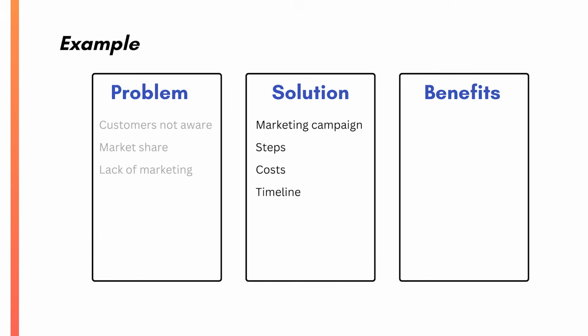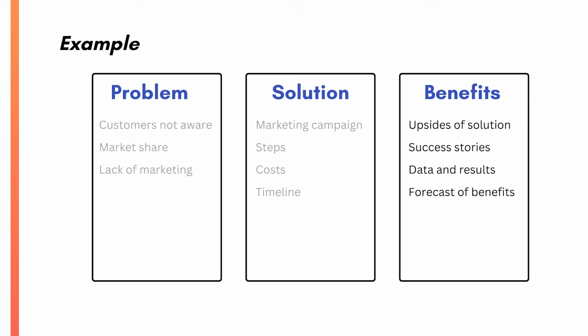In this particular speech, your solution is to recommend an ambitious marketing program. In that solution step, you would spell out all of the relevant details, the exact steps involved in your proposed plan. You would talk about things like the costs, timeline, who would be involved. And then you move to your benefits step, which would be to help listeners see the potential upsides of adopting your solution. You would paint a vivid picture.